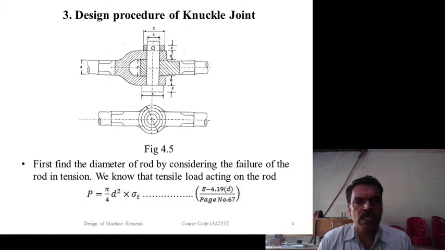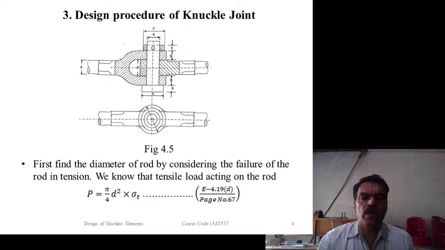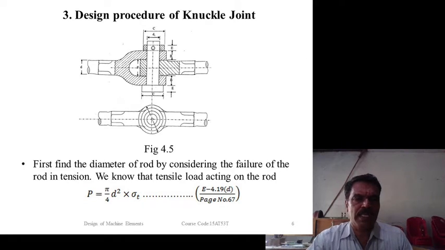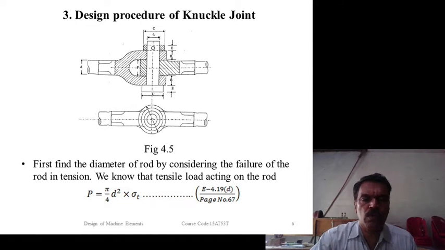Let us understand the first one. The first one is the diameter of the rod by considering the failure of the rod in tension. So that is going to be found out. That is, the d value should be found out by applying the tensile load, which is denoted by capital P. Load P is equal to area into stress, because we know that stress is equal to load divided by area. The same thing, but with load separated outside, so load is equal to area into the related stress, that is area into tensile stress, that is P equals pi divided by 4 d square into sigma t.